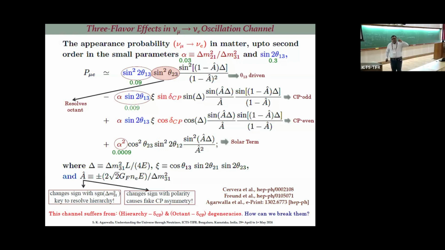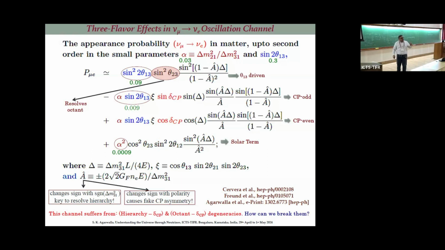Doesn't matter whether you are working for experiment, theory, phenomenology. Basic standard model calculation. First derive this term and then derive what is happening if you switch from neutrino to antineutrino. Okay, please do that. So this A hat is the ratio of this Wolfenstein matter term, and you see this is also in eV square unit, right? This is eV, energy is also eV. This is eV square divided by delta m square 31, which is eV square. So this is a dimensionless quantity, correct? So matter effect is coming into the picture through A hat.